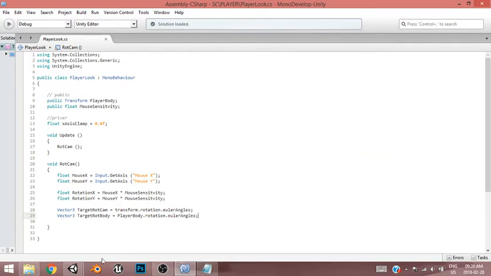So what the target rotation body is going to be is actually going to be the capsule, because if we want to rotate on the X, we don't want to look at one position and then the forward vector is going to be on the other position. We want to rotate the capsule's forward vector the same as the